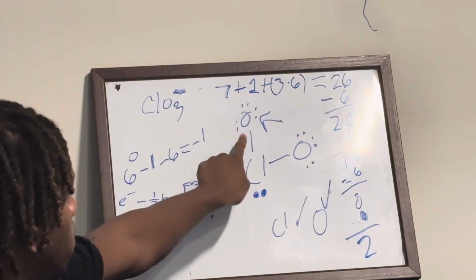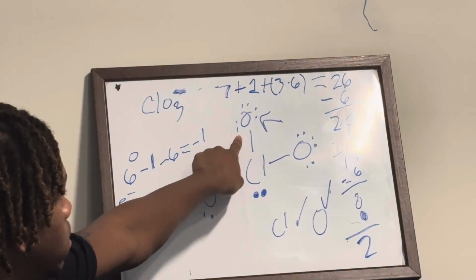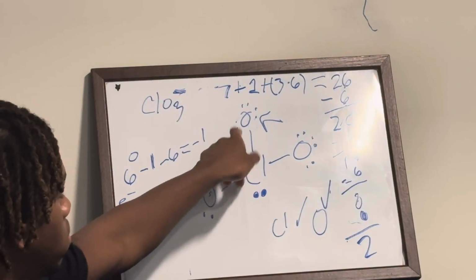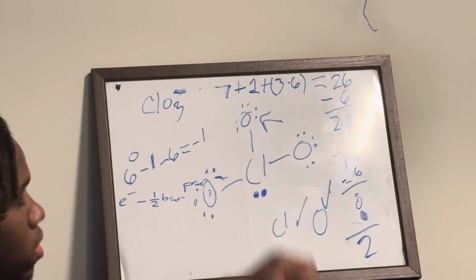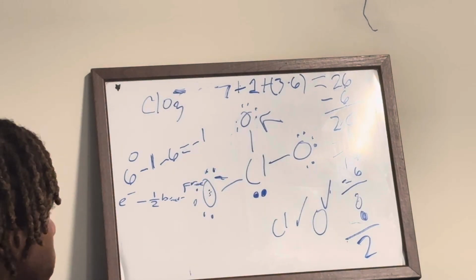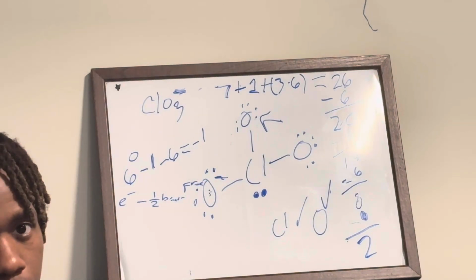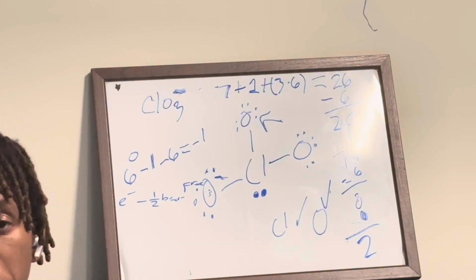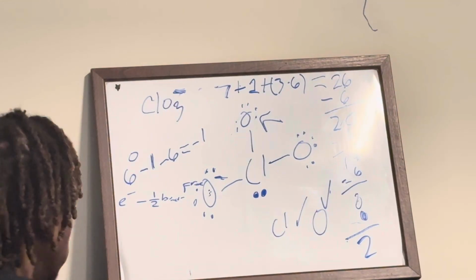This one up here, yeah, you see it. So let's start. First thing we're gonna write is how many electrons the element has, which is 6,